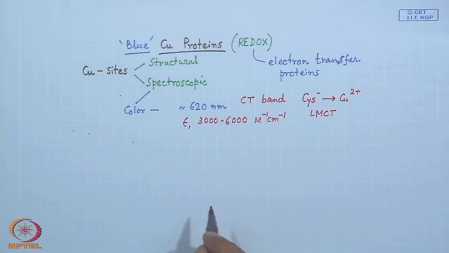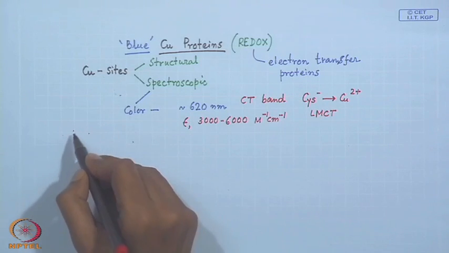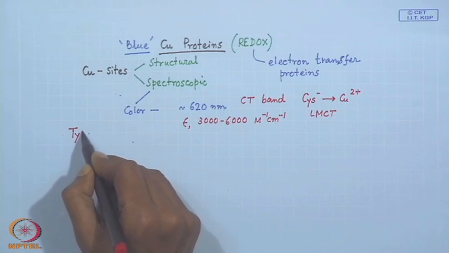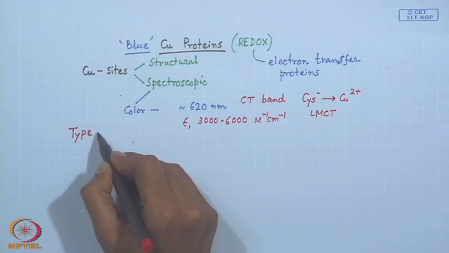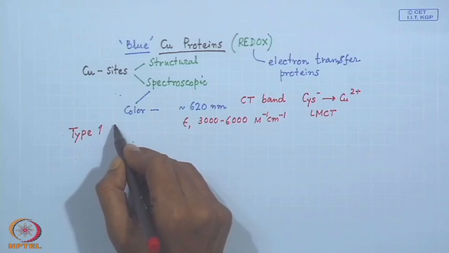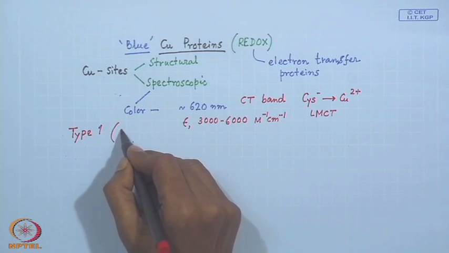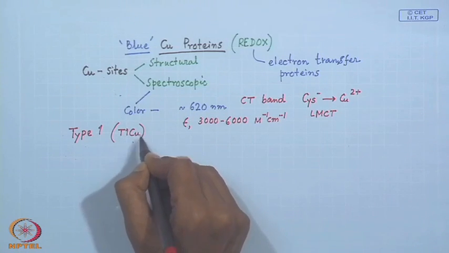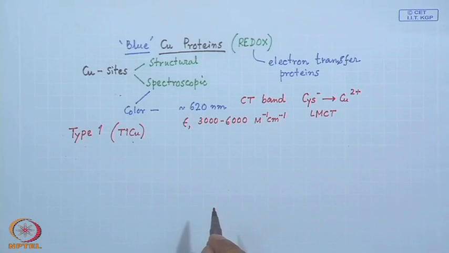So, immediately when we get this particular signature, we label it as a type 1 blue copper protein, or sometimes we abbreviate it as T1 Cu,